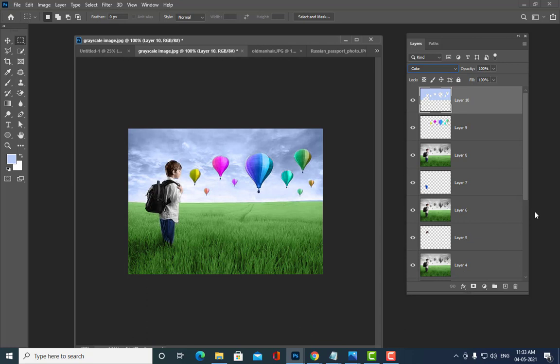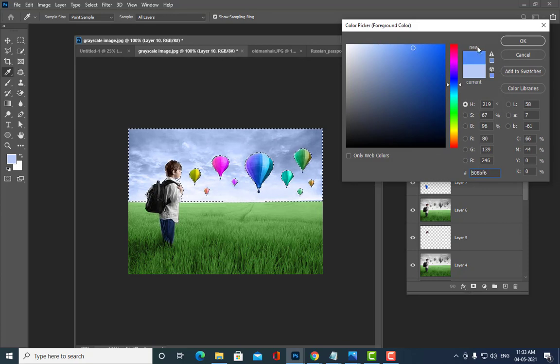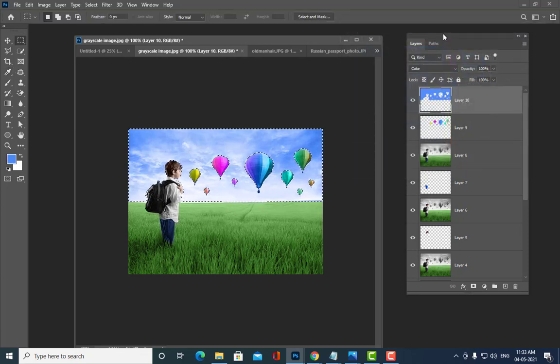Color. Okay, color blending. And then if you think this color is a little bit dim, you can try other blending modes also, or you can do one thing, you can actually Control and click on the thumbnail, and then you can pick one darker color like this. See, now it's a little bit dark, but this is optional. Okay, but I think this is better, right?